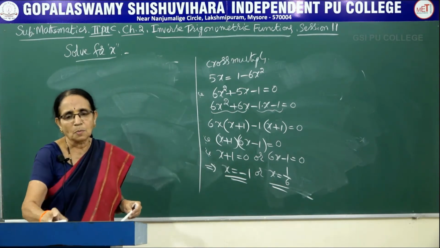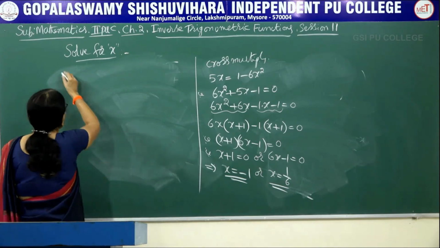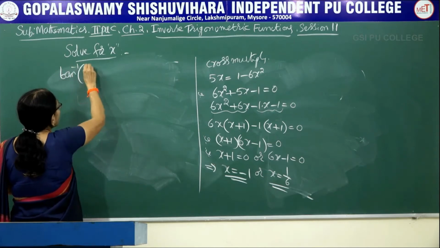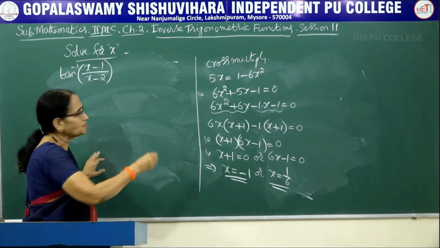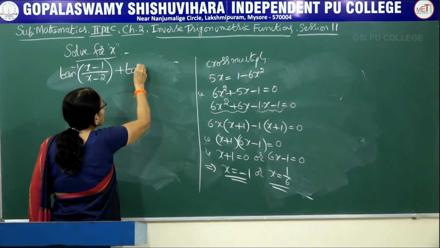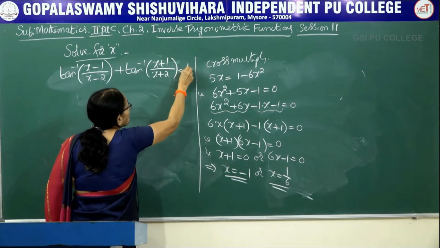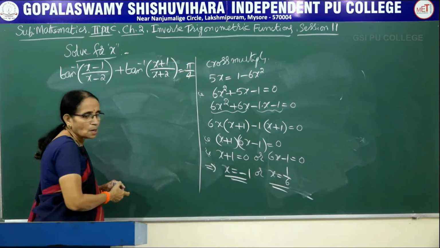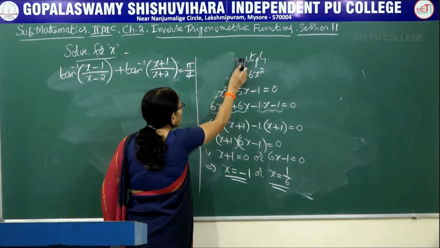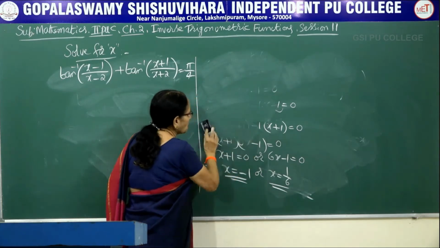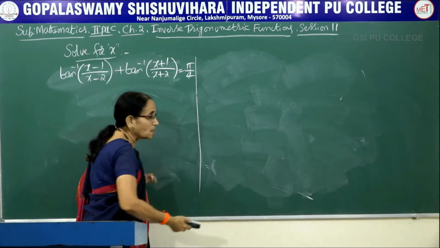Now in the next problem also we are making use of the same property, that is solve for x here. Tan inverse of x minus 1 over x minus 2 plus tan inverse of x plus 1 over x plus 2 would be equal to pi by 4. Again the right hand side is pi by 4, but the left hand side, in the previous problem it was a little bit easy because we had only one term, 2x, and in the second function we had 3x. So directly we could add them and multiply them.